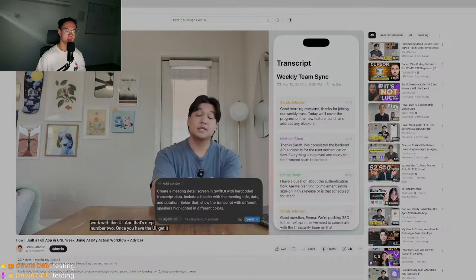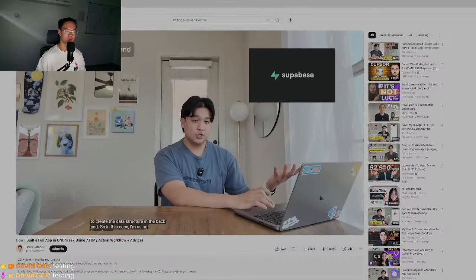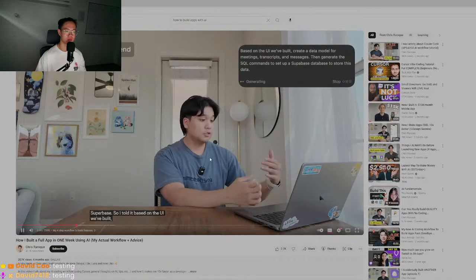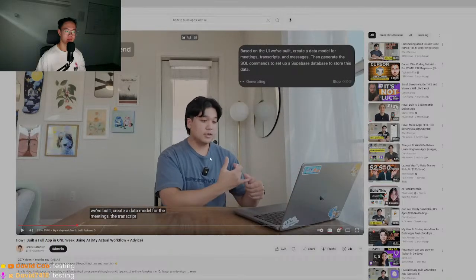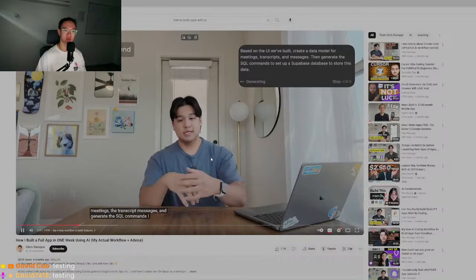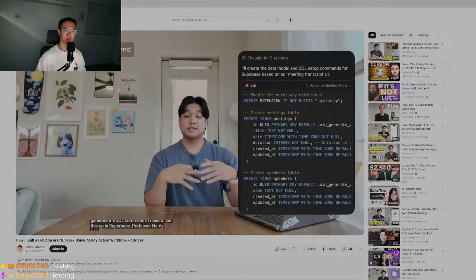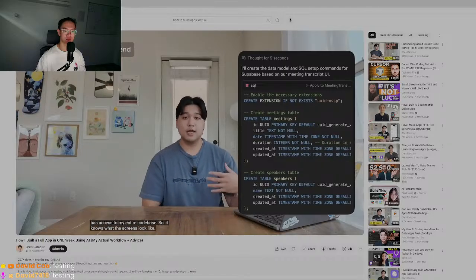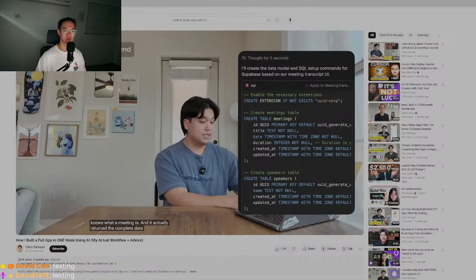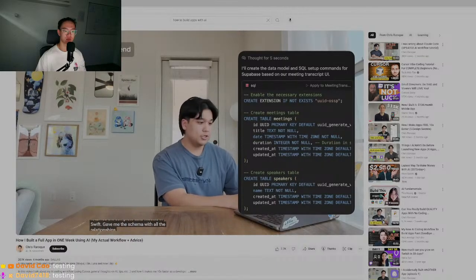Once you have the UI, get it to create the data structure in the backend. So in this case, I'm using Supabase. So I told it, based on the UI we've built, create a data model for the meetings, a transcript, messages and generate the SQL commands I need to set this up in Supabase. Cursor already has access to my entire code base, so it knows what the screens look like, it knows what a meeting is, and it actually returned the complete data models in Swift, gave me the schema with all the relationships and the SQL commands that I needed to run with Supabase, and it actually all worked the first time,